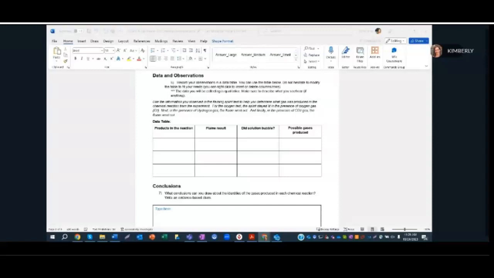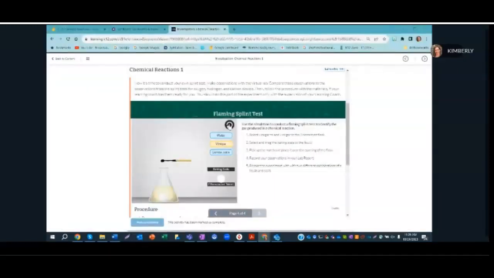Okay, so I've given you the first line to fill in, and we know that 2 possible gases were produced here, right? Because the flame was extinguished. So if you remember from our Jamboard on the splint test, you know those 2 gases that were produced. Okay, so if we go back and you clear it out,